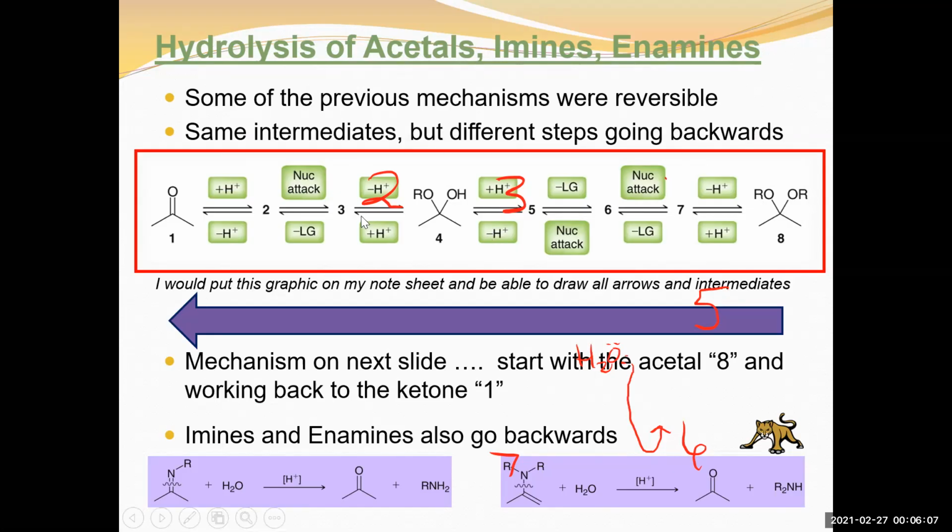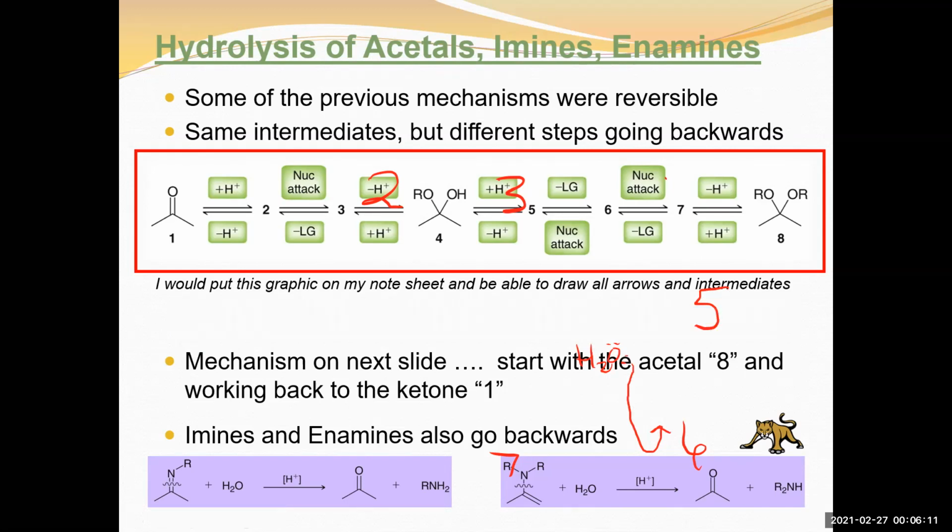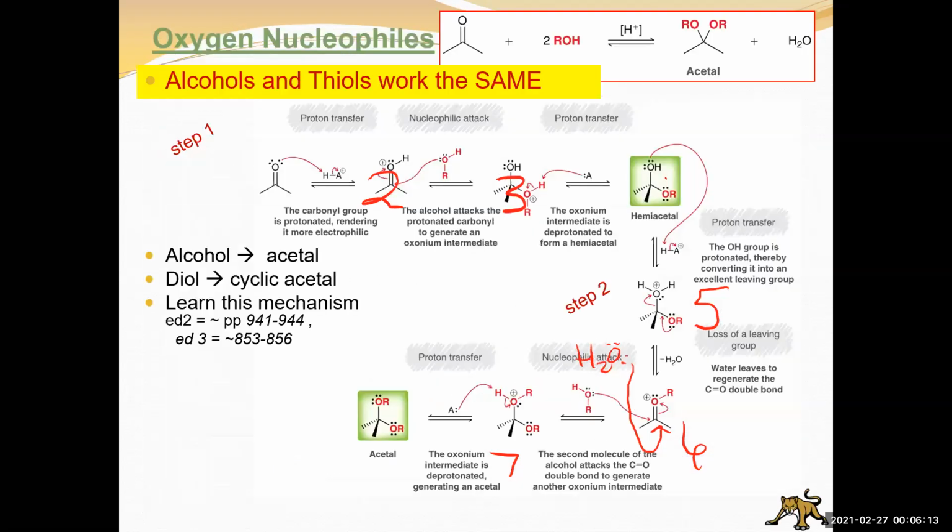And then 4 to 3, you'll need to add a proton. Protonate the alkoxy group over the hydroxy group. And then to get from here to here, you're going to do loss of a leaving group, which